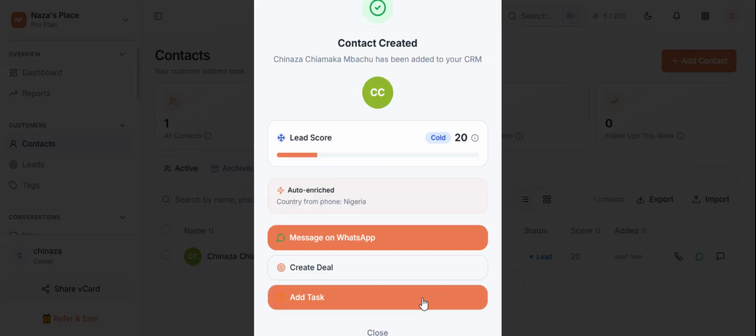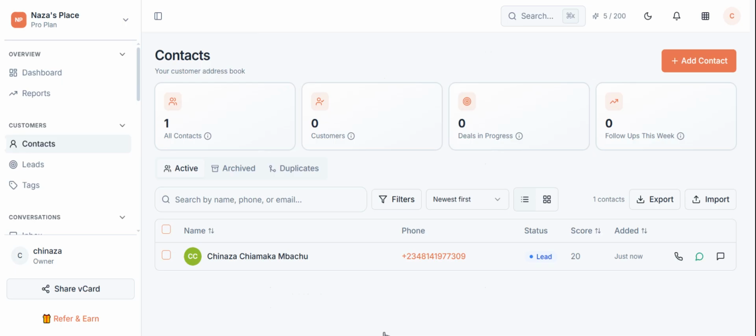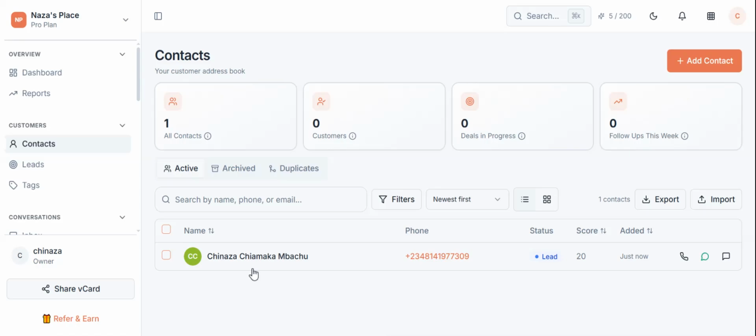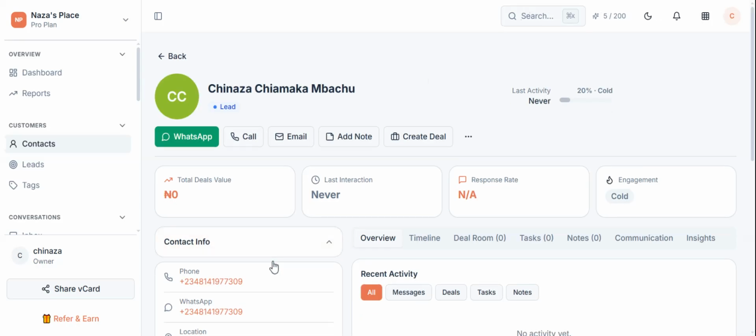So now your contact has been created. Now if you click on your contact, you would see their full profile from here. You can see all their information, the conversation history that you have had, every message with them, any deals that are linked to them, tasks related to them, and more. You can also reach out to them directly from here through their WhatsApp, or call them directly, or through their email,